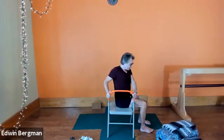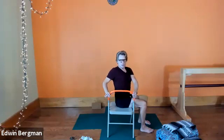Good, so keep your knees even. Don't let your right knee get ahead of your left knee. Pull the chair downwards and then lift up evenly through both sides of the trunk. Notice how the left side gets a little bit longer. For Marion, that's not a problem, right? That's okay. But lift up through both sides of the trunk,